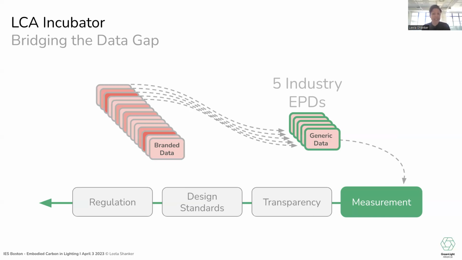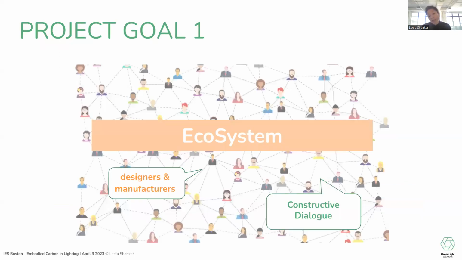So myself as a lighting designer, I know how much we really need to save time and money in upskilling on all of this. So just quickly, the 3 main goals, the next slide shows you that primarily we wanted to make sure that there was a really constructive ecosystem of people who really want this work to move, and not necessarily have to wait for government to force us to learn in this area. So we wanted to have designers and manufacturers working side by side.